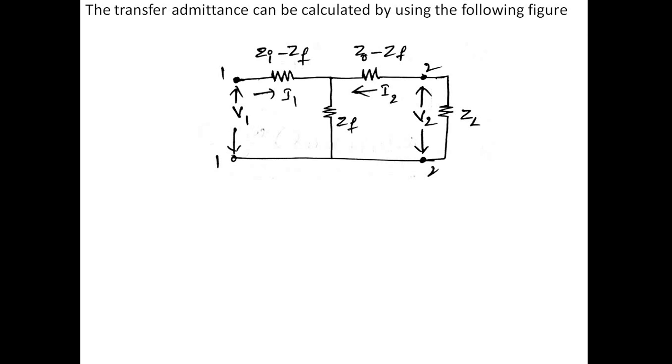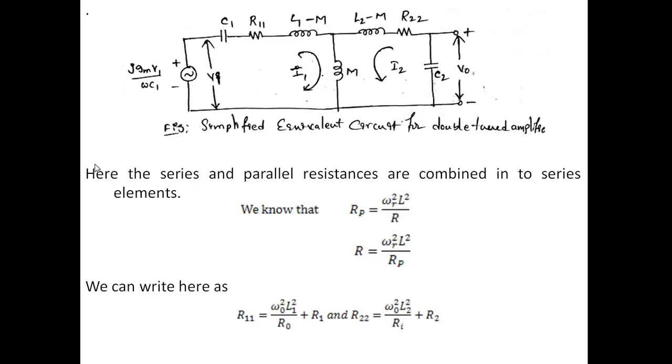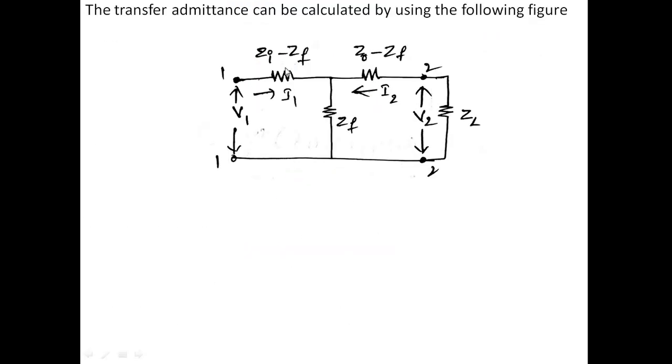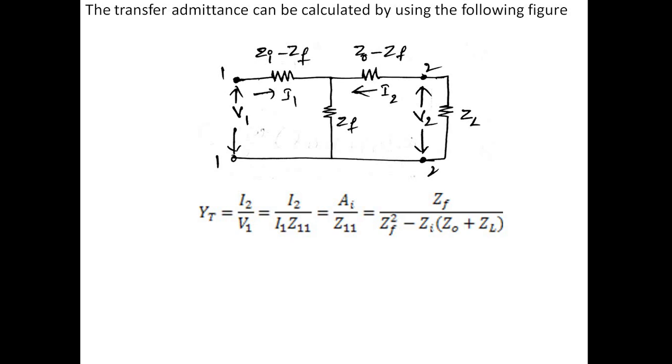Now, whatever circuit we have drawn here, you further simplify it. We will try to get the circuit in this fashion. We need to find what Zm and Zf are, what our Z0 is, and what ZL is. All the parameters we need to quote. We are trying to write the trans admittance, and we try to evaluate it from this circuit.